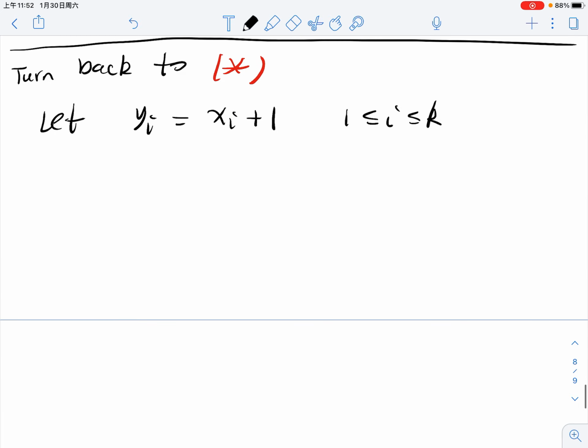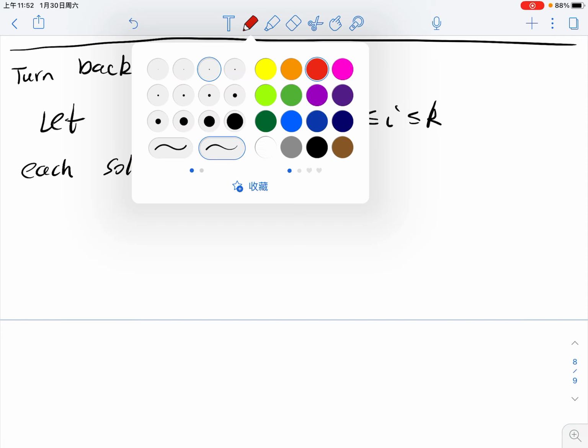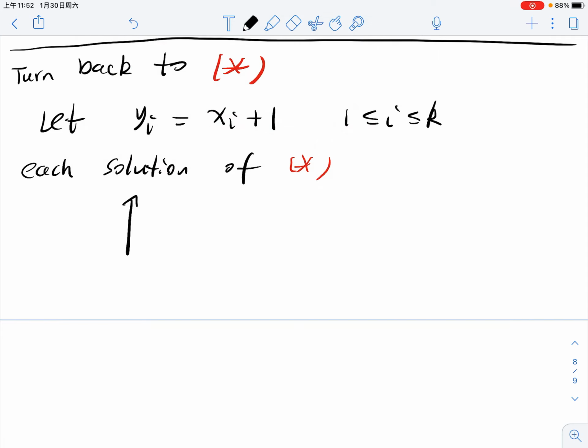Then each solution of star is one-to-one corresponding to a solution of delta,